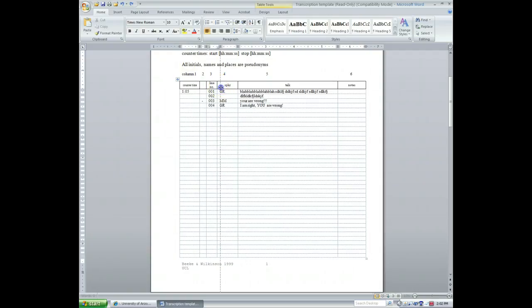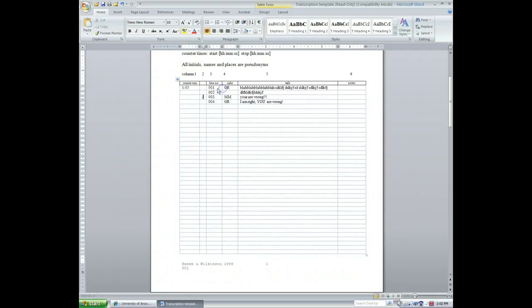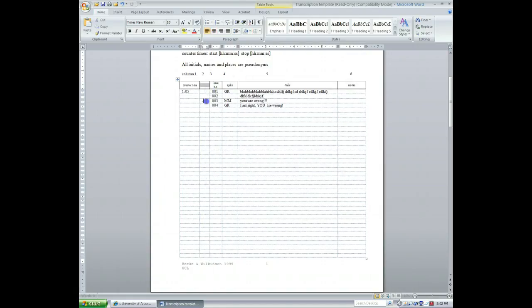Anyways, there's supposed to be an arrow there. Let me just move. Like this, which is shown to mark that this is an important part of what you're looking at.